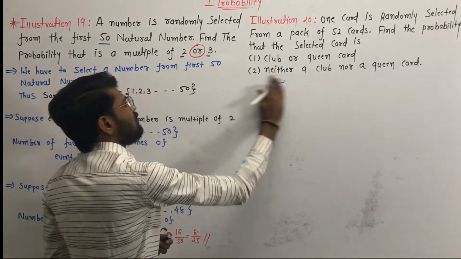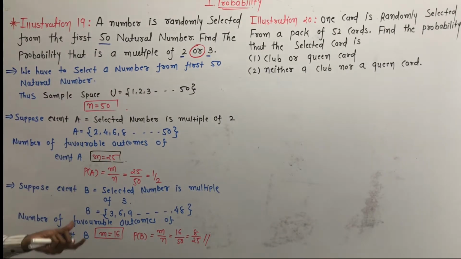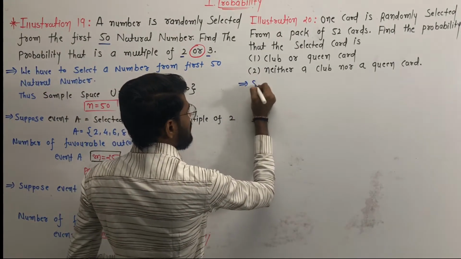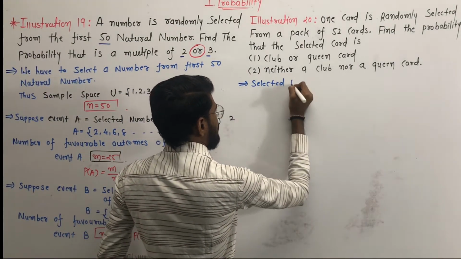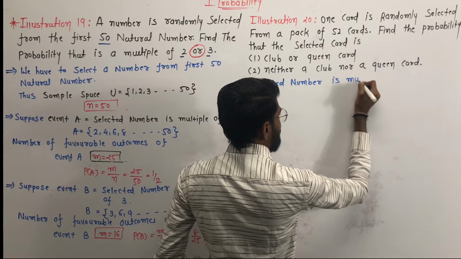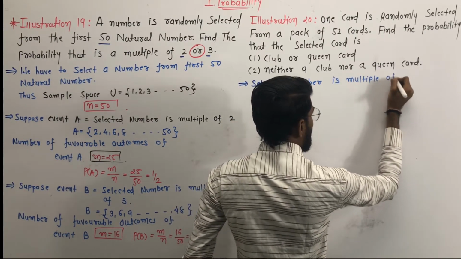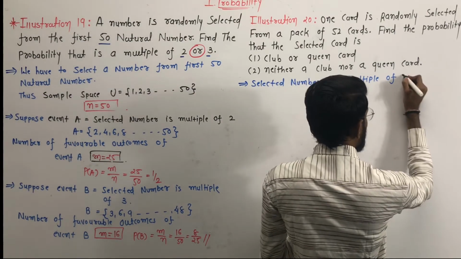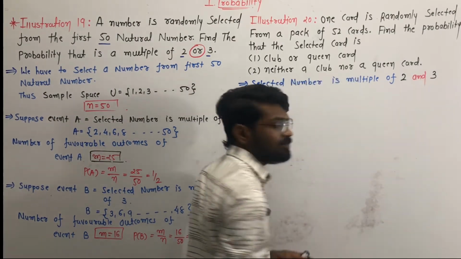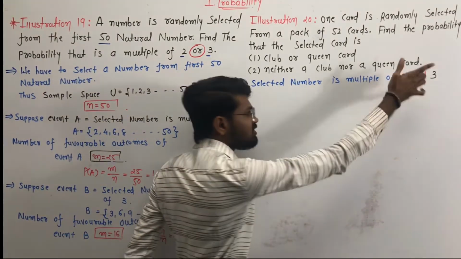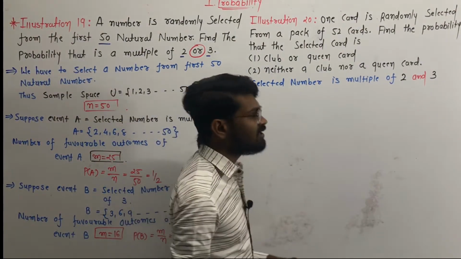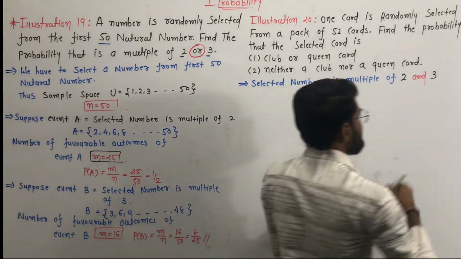Okay, first of all, we write the selected number is multiple of 2 and 3, not 2 or 3. Okay, 2 and 3 means intersection, and means the intersection of event A and B, and or means the union of event A and B. Yes, selected number is multiple of 2 and 3, and it is